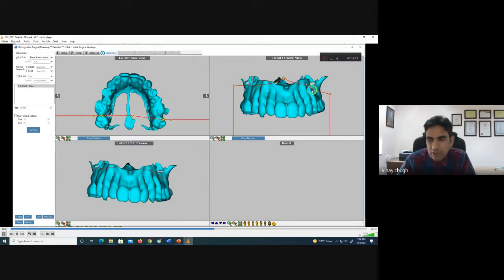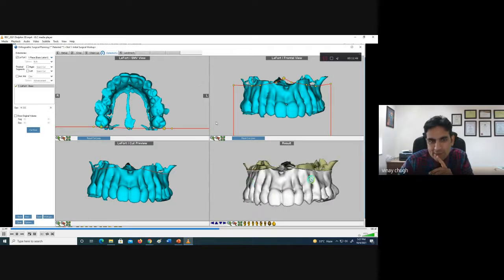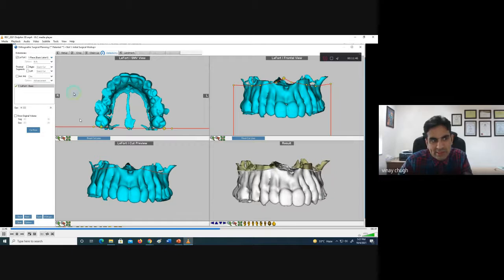In the last lecture of Divya ma'am, the last workshop, I had the opportunity to work on ProPlan also, and I think it is quite different from ProPlan. ProPlan is more advanced, I know that. So you can just do sectioning of the maxilla, and if you are not satisfied, you can just go back to the same step again.